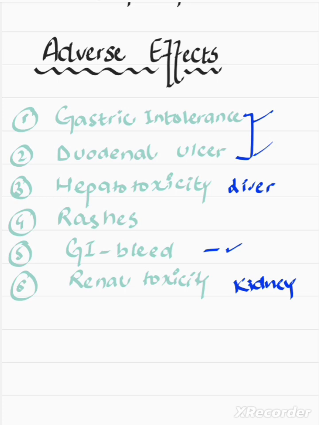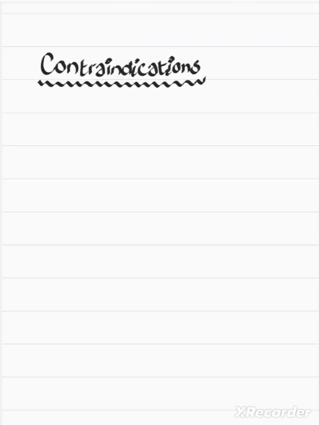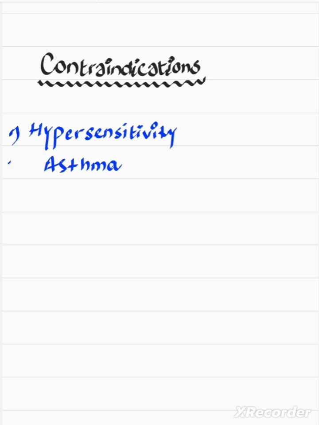There are a few contraindications to the use of aspirin, and if any patient has any of these clinical conditions, we would not give them aspirin. Number one, and a very important contraindication, is hypersensitivity. If the patient has any history of hypersensitivity reaction to NSAIDs, then we cannot give them aspirin. If the patient has asthma or any reactive airway disease, we will not give them aspirin. If the patient has any nasal polyps, we will not give them aspirin.